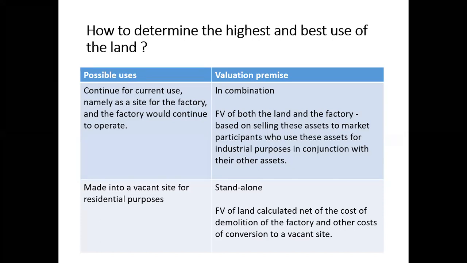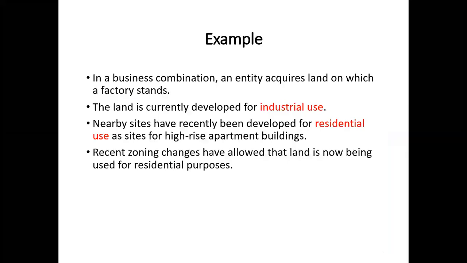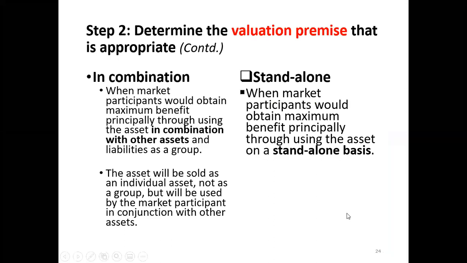For it to be in combination, there must be a factory or residential apartment or something. Or I would say there must be other assets together with the other assets. If I go back to that, what it emphasizes is that the asset we consider is used together with the other assets and liabilities. That's the most important thing. It is primarily the business. That is the distinguishing point. You need to consider whether the asset is alone, standalone, or primarily taking the benefit out of the land, or in combination, meaning that particular asset must be occupied together with the other assets.